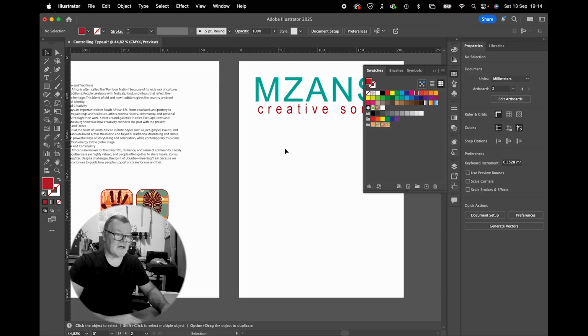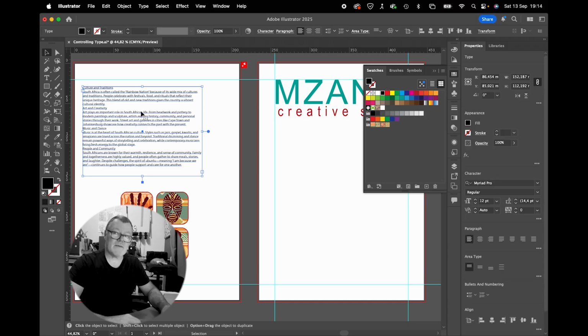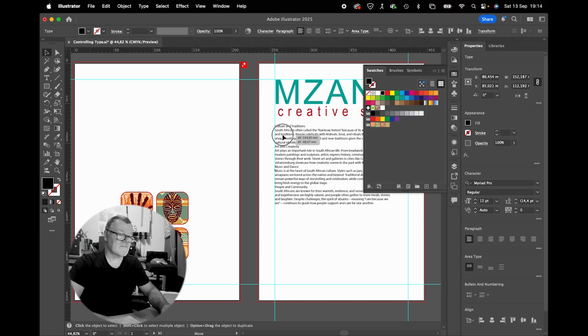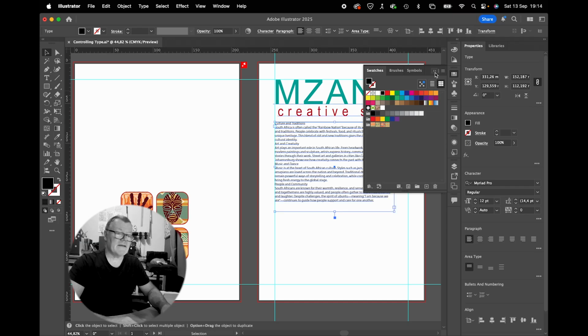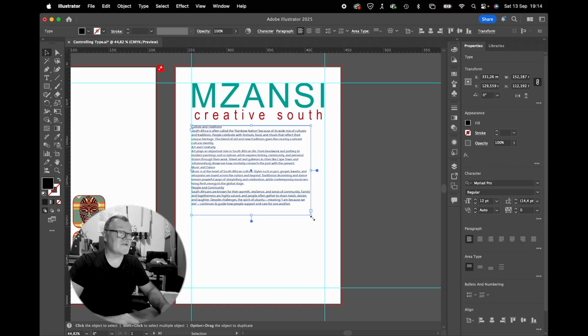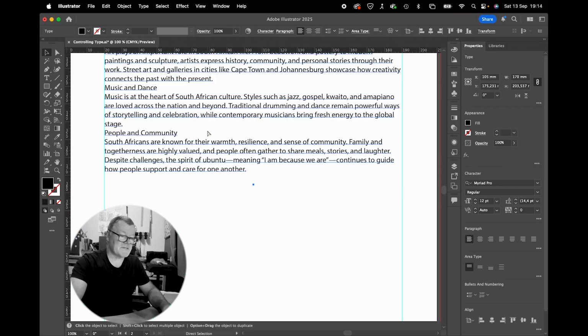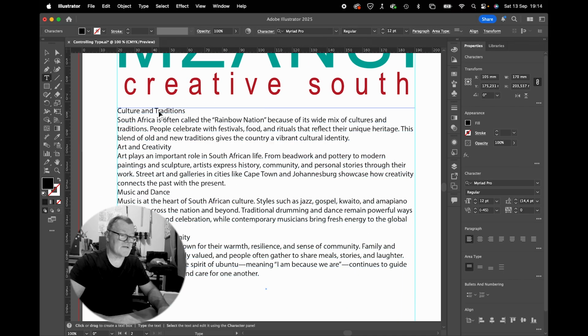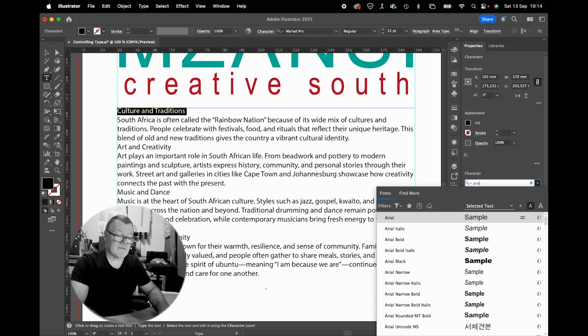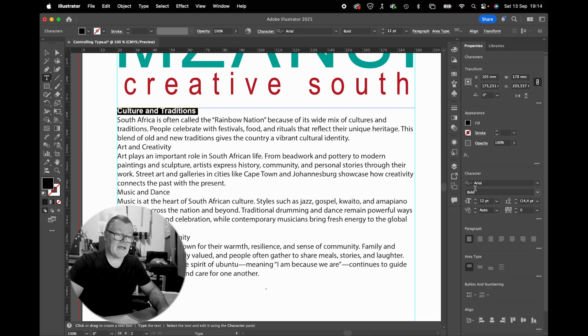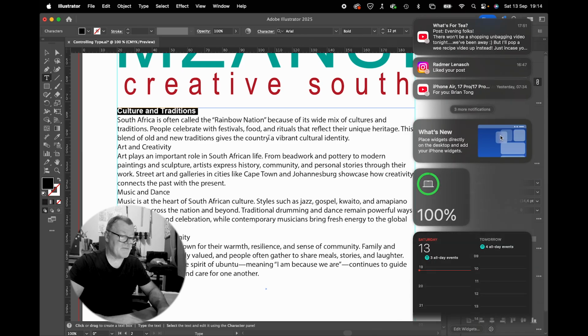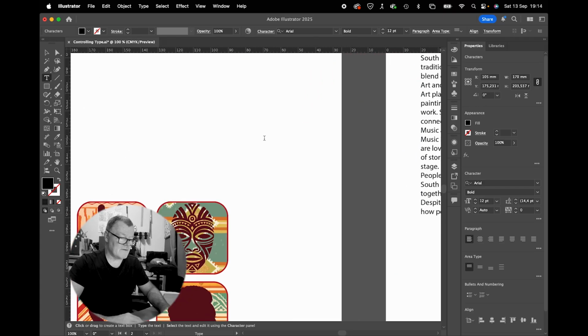All right, so let's look at some body type or area type. So I'm going to move this in here. And I'm going to drag my area right to the edges of the margins. And now I'm just going to zoom in a bit and I'm going to format just one of these. So I'm going to go with the heading culture and traditions, and I'm going to set that again. I'll stick to something simple like Arial bold, and let me pick up a color from these